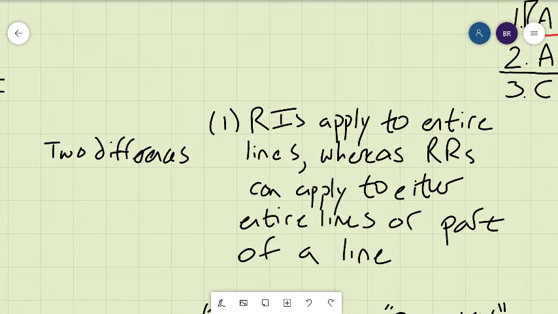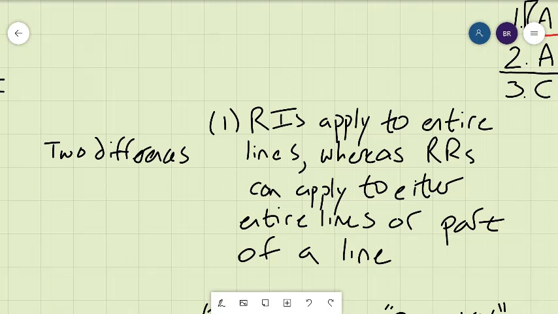Okay, so there are 2 kinds of rules that we're going to be using in natural deduction. Last week we used rules of implication, and this week we'll be learning rules of replacement. Now, there are 2 important differences between rules of replacement and rules of inference. First, as the book notes, rules of inference apply to entire premises or lines in an argument, whereas rules of